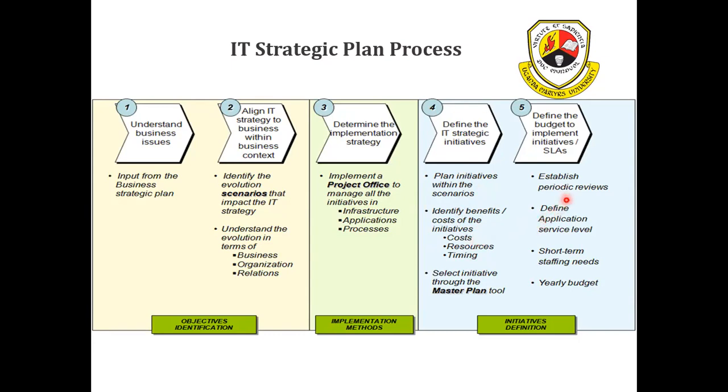Then you also establish review periods, because once you've prioritized and then you begin implementation, you identify the times when you're going to review to see whether you have achieved the first one. What was the first prioritized area's success level, and what was its impact, and so on and so forth.